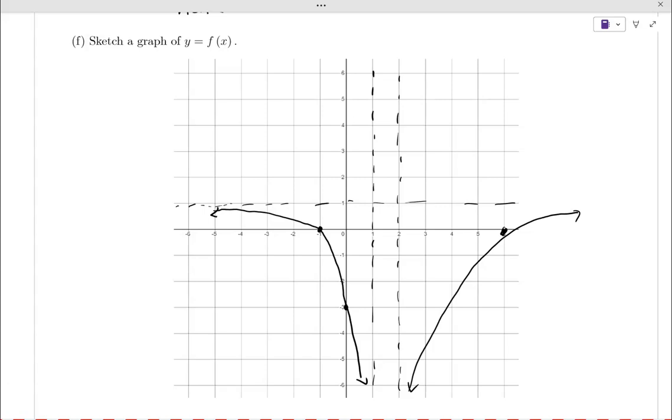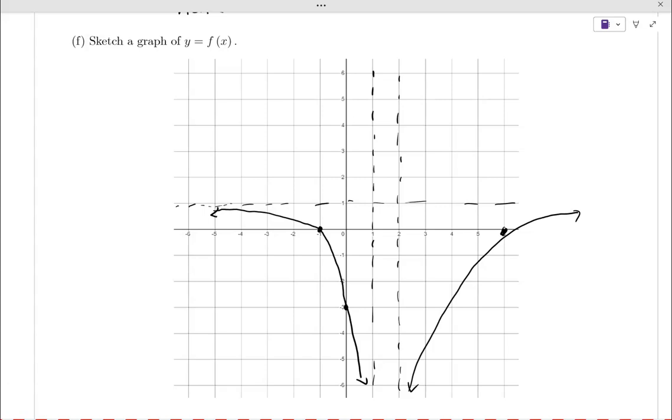All right. In the middle, it's a little trickier because we've got 4 different possibilities. And here's what I mean by that. I have to get close. We ignore the horizontal asymptote because horizontal asymptote is what happens on the ends. And right now, we're in the middle. So I'm not worried about the horizontal asymptote here at all. There's 4 possibilities. Either I have a U shape upward, or I have a U shape downward, or I have a